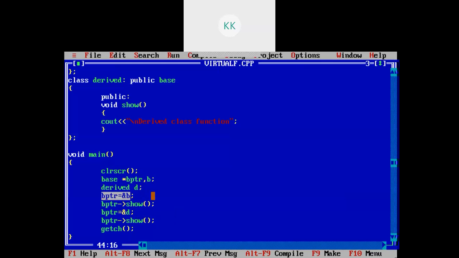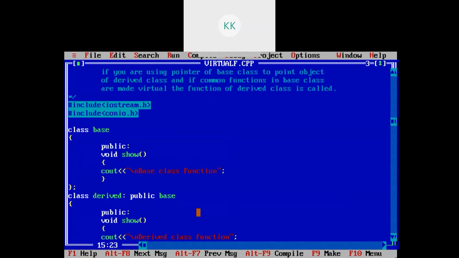In this instruction I have assigned the address of base class object to the pointer, and then I have called show. This show is base class, so that should get called, that is okay. But in the next I have assigned the address of the object of derived class to the base pointer. Now if I call the show function, it should call the derived class show function, but it is calling the base class show function, right?